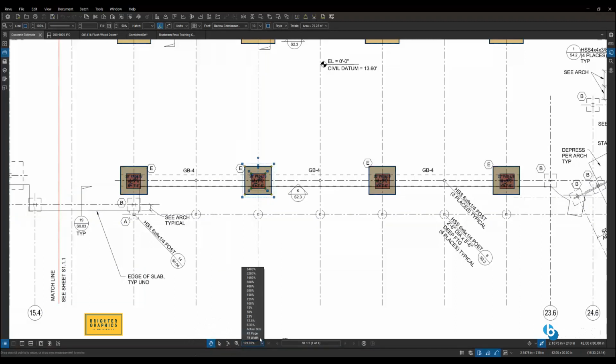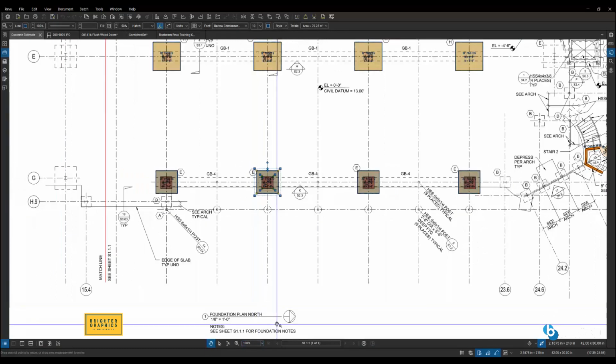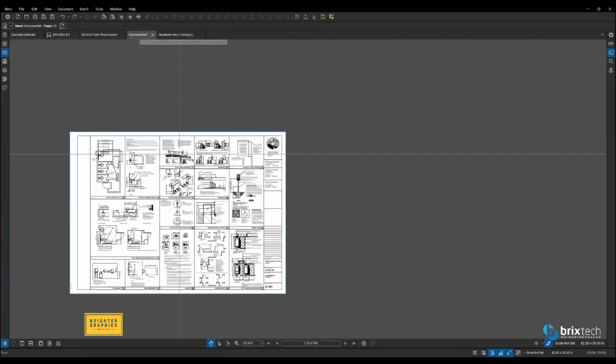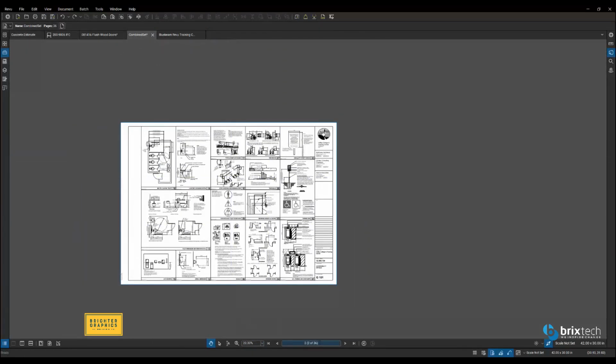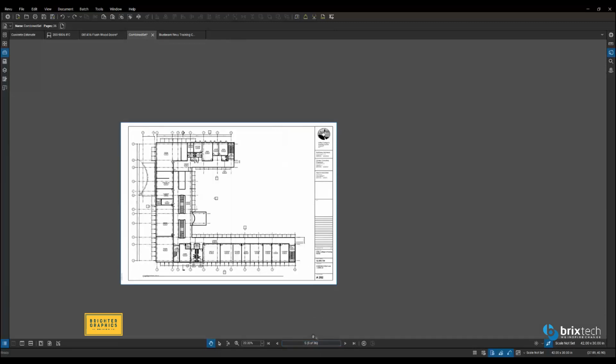Across here, I can select if I want to drive it to a particular scale. I can do that. If I go to my combined drawing here, you'll see that there's 36 pages and I'm on page 2. If I want to go to page 5, I can just highlight that, click 5, enter, and it will take me to the 5th page in that set. And I can also use the previous page, first page,